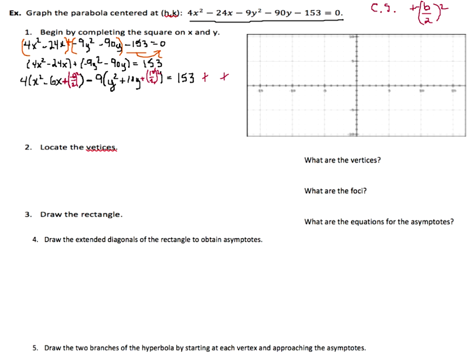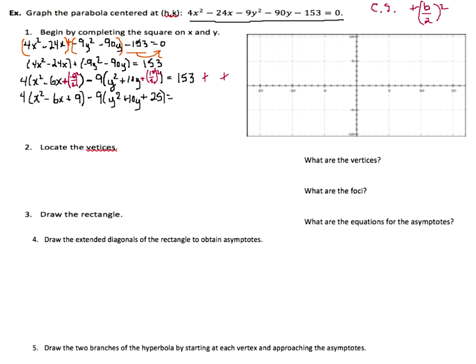So let me just simplify this, make it look a little nicer. 4 times (x squared minus 6x plus negative 3 squared, which is positive 9), minus 9 times (y squared plus 10y plus 25, 5 squared there), equals,